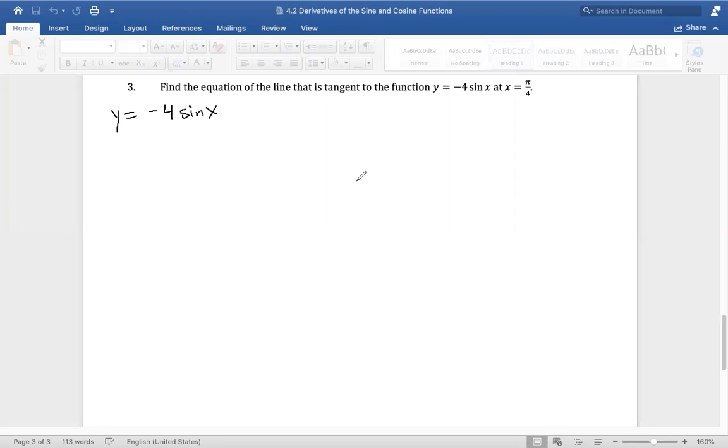So to find the equation of the tangent line means I need the derivative to figure out the slope of the tangent. So basically what we're doing is getting the derivative. So again, I'm not getting the derivative yet. I'm just, if I wanted to separate this, right, with the constant and my function. So I have a constant multiple rule. So then my derivative here is to keep the constant and do the derivative of sine of x, which is simply cos of x. So my derivative function is -4 cos of x. And then I want to evaluate that